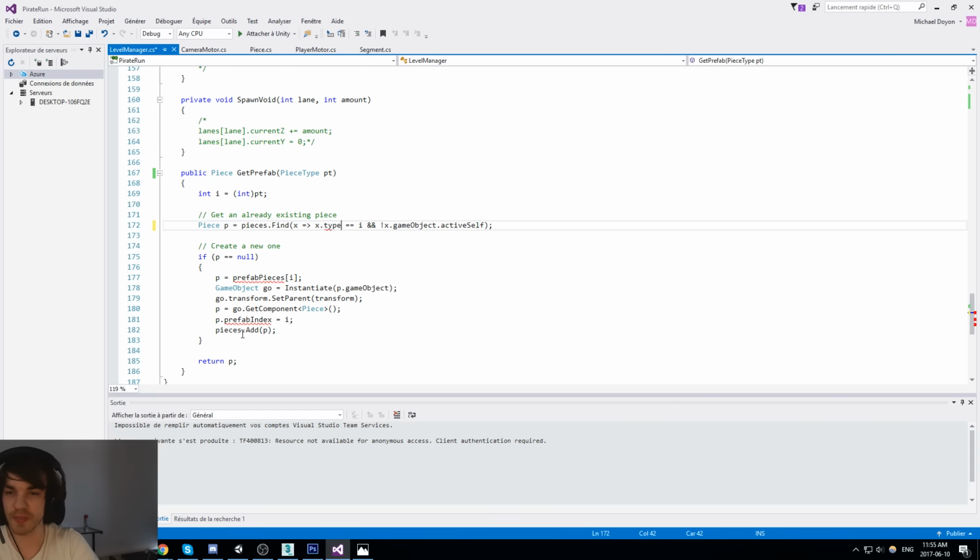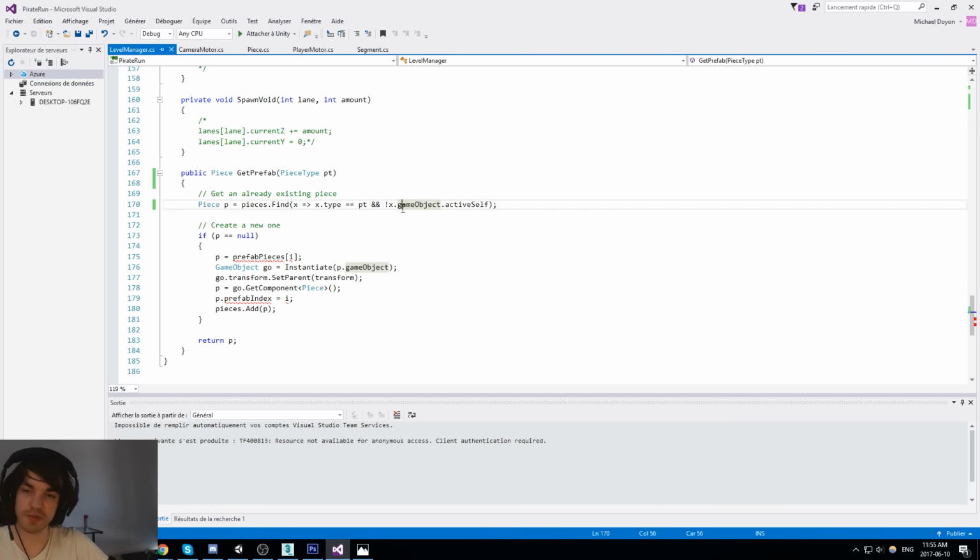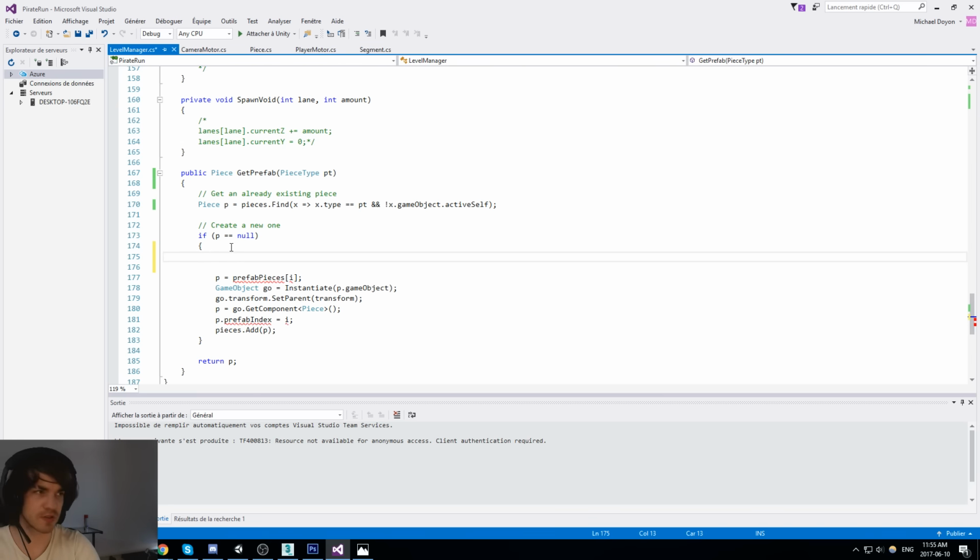Yeah, let's do that. So type. The type of the piece we're looking at is equal to, say, PT, or if the object is inactive. Okay, that's going to work. Alright, let's do it. Now, if we need to create a new one, we'll have to do another list. That's where it's going to get a little bit expensive.